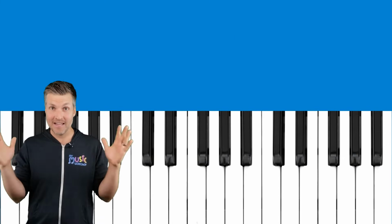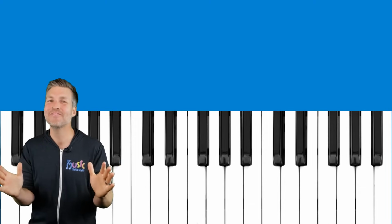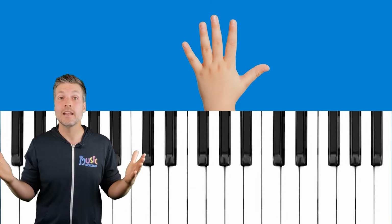Whoa, two hands on the piano. Can you do it? Woo! I know you can. Way to go! Now, before we look at the reading music, let's look at our left hand and learn